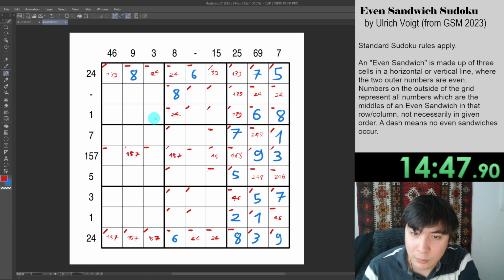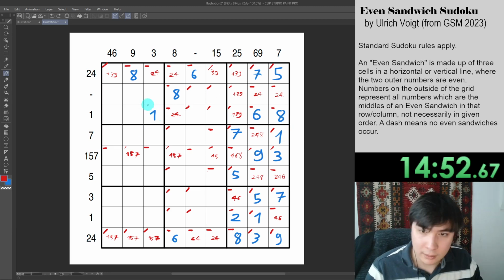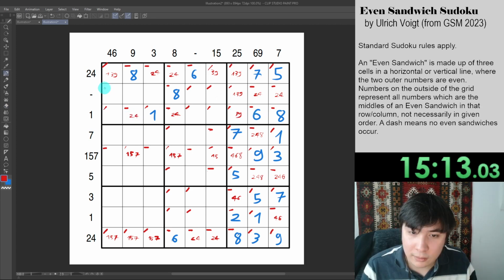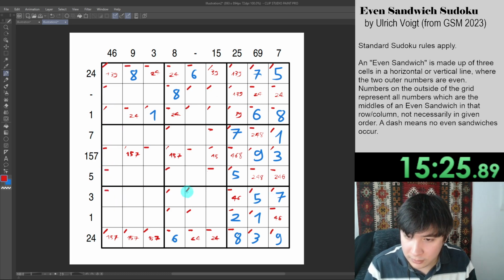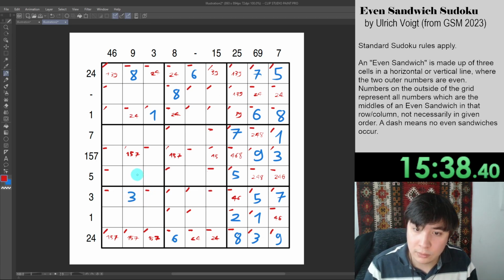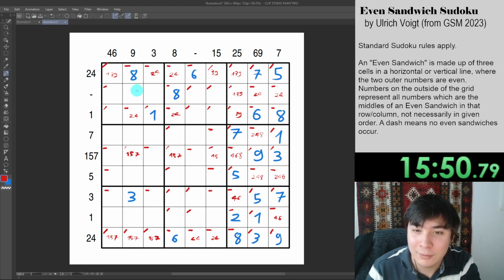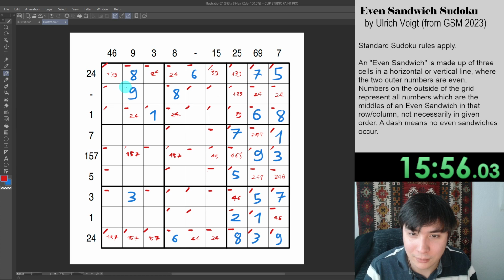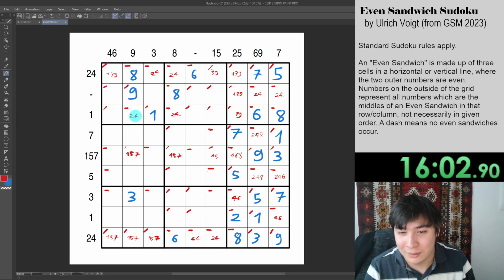We do still need a 1 sandwich in row 3. Gotta put that here with the odd number we have here. We can't have a 1 in that spot. That does give us an odd number on the left edge, which pushes these even numbers down. Now, for our 3 sandwich here, we only have 1 spot where we can do that over here. The 9 sandwich, guys, I think I broke it. Oh no, never mind. We have two even numbers spaced here, so this is the 9 sandwich up above. Crisis averted. We have 2 more even numbers to place over here, and we cannot create a sandwich with them,